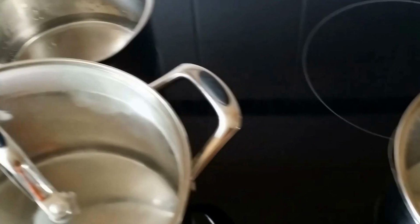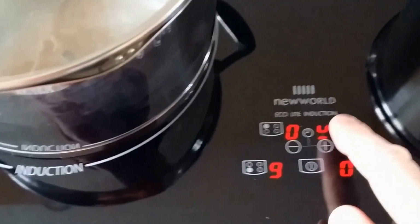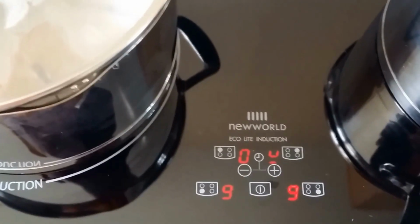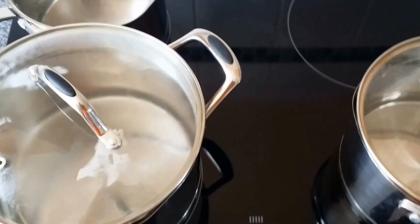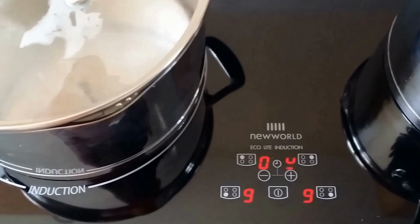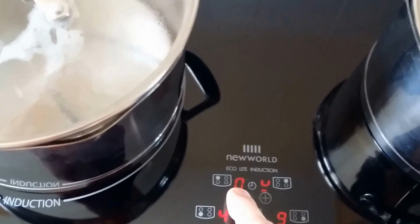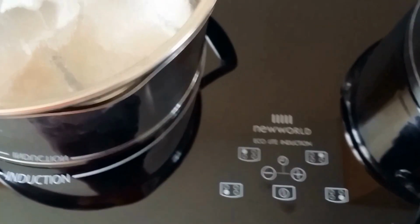Water already boiling in that one, and the other one I've selected the wrong plate on that, so it's come up with an error message. If I select that plate, increase, and we've got our 2 pots boiling there, almost the second one. That one's still heating up. And then basically once you finish cooking, you just select the plate and minus to turn the temperature down again. Turn the cooker off